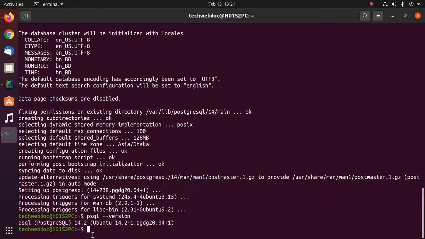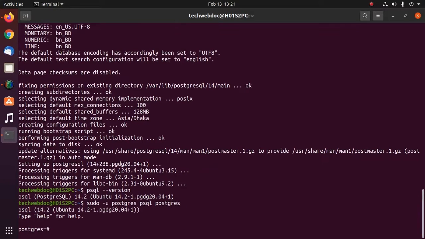Now I am going to log in as the default user into PostgreSQL database with this command: sudo -u postgres psql postgres. Hit enter. Okay,